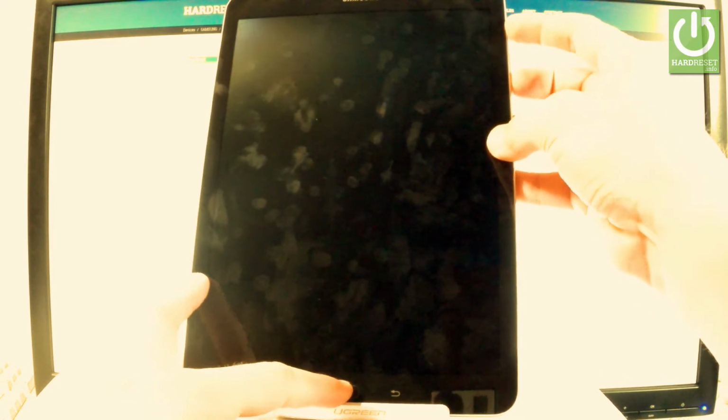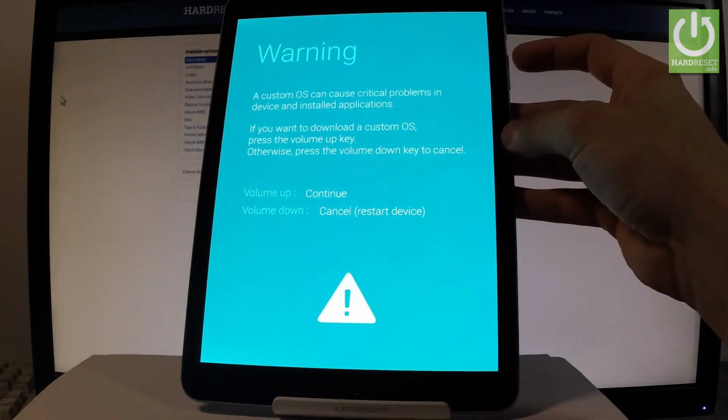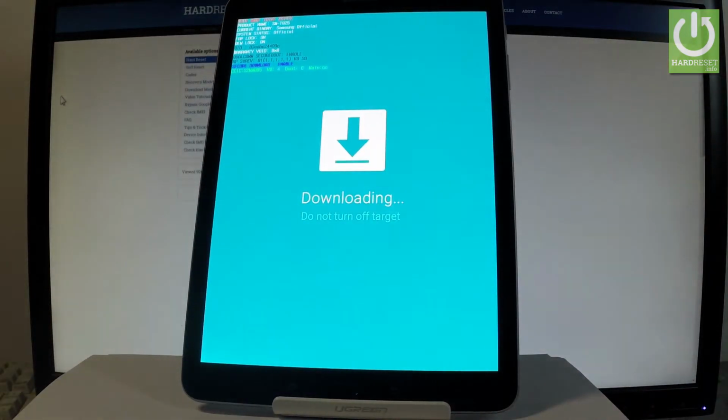Wait until your device is completely switched off, and afterwards let's use the following combination of keys: power key, volume down and home button. Let's hold down together these three keys for a few seconds. Keep holding these keys and release them as soon as the warning logo pops up on the screen. Then you have to press volume up in order to continue, and as you can see, download mode just